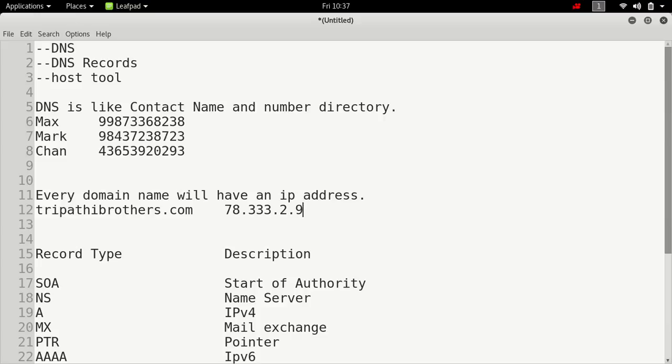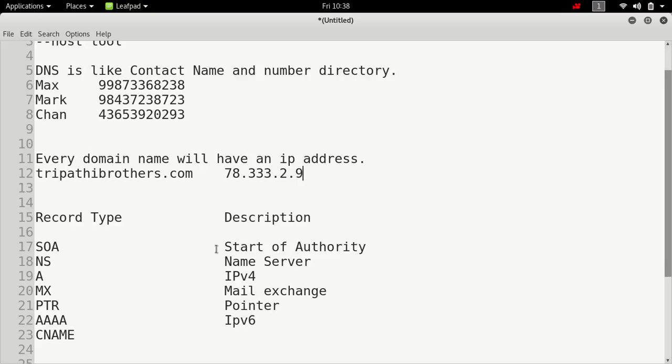If I asked you to remember every website's IP address, it would be very difficult. So for this purpose, domain name servers are made, to assign a domain name to every IP address. So it is much easier to remember the address of a server or a website.